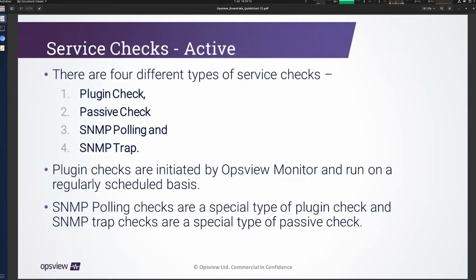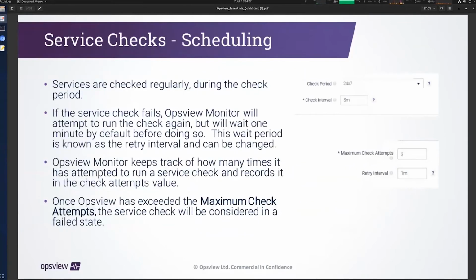So we will ask a host its status, or we will query a host and say, hey, how busy is your CPU, or how much traffic is this interface transporting, that kind of thing. And we'll do that regularly, and we'll base that on the check period. So when we're configuring our service check, you've got a check period and a check interval. So that just means that for 24 hours a day, I'm going to check this system's CPU status every 5